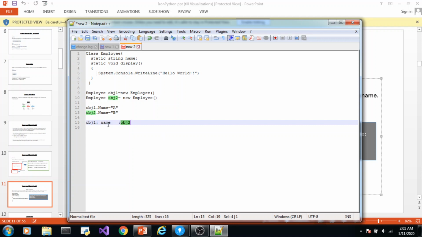If I change the value of name through object 1 and then I change it through object 2 and then again I change the name variable through object 1, it will contain the value assigned through object 1. So it will always contain the value assigned through the last statement. Okay.